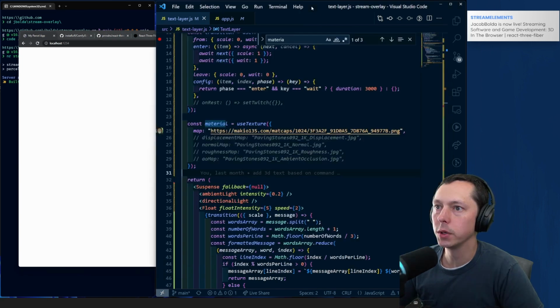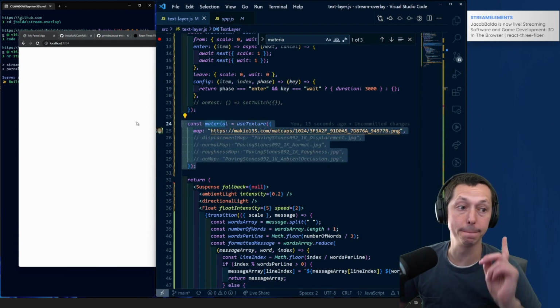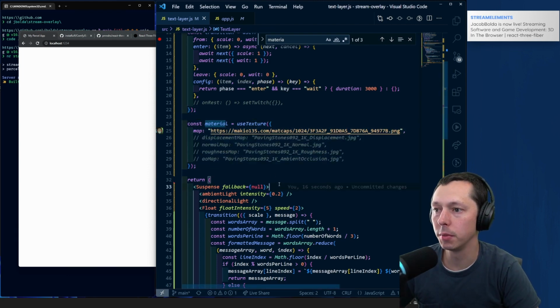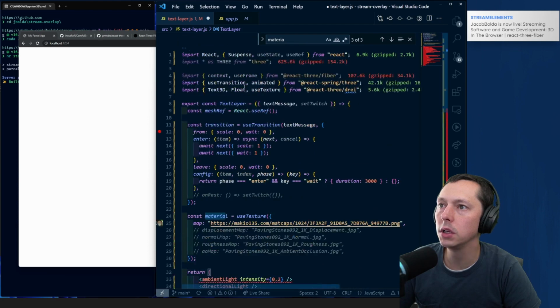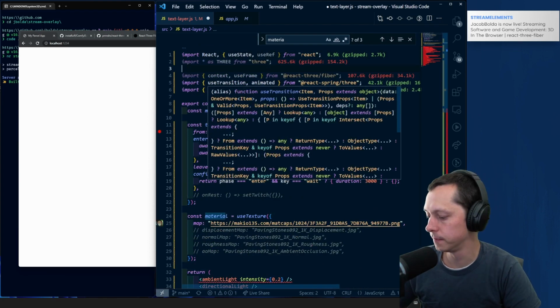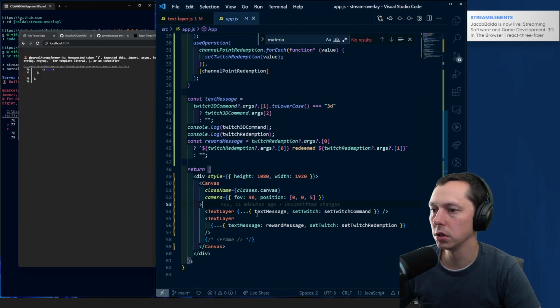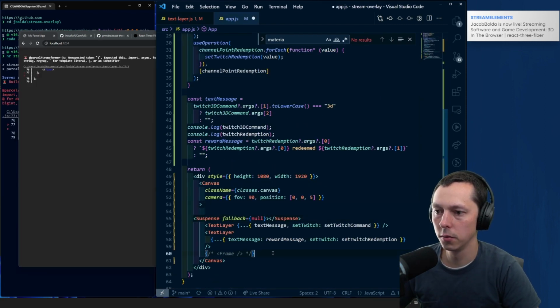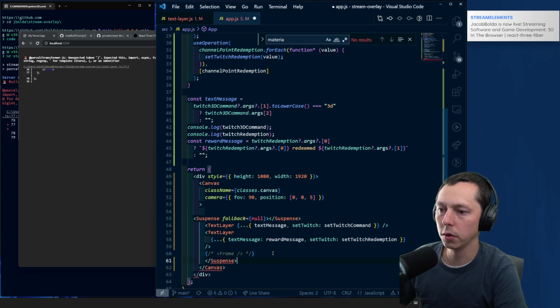We might need to put this use texture, wrap that in something. You know what? I bet you that's what it is. We're gonna move our suspense. We don't need to do the suspension here. I think we should be doing the suspension here, because then we will be wrapping